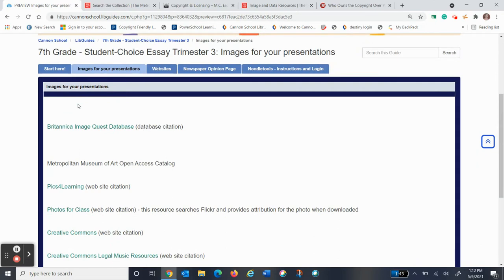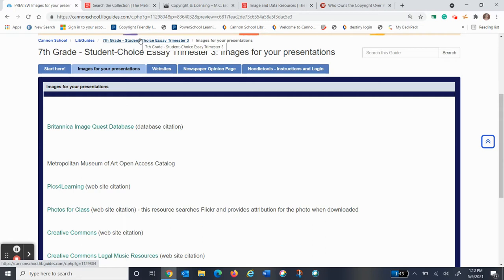Any image that you use for this presentation needs to be cited in your Noodle Tools project. So I want to give you some examples here of why you are not allowed to just cut and paste any image off the internet.